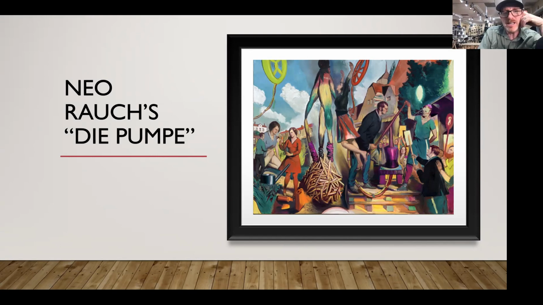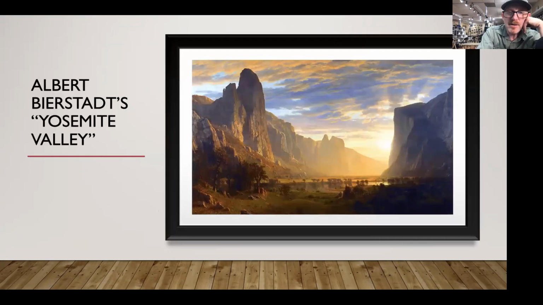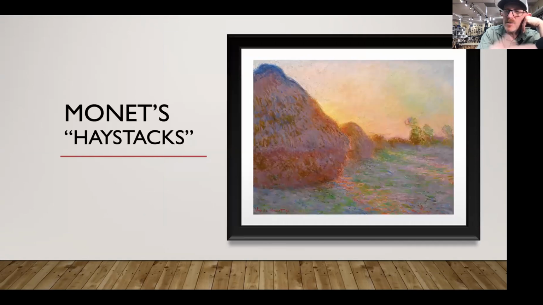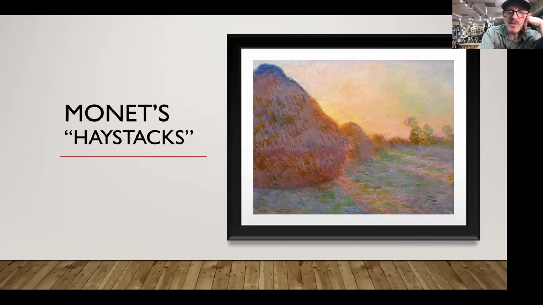So historically we see these artists changing their relationship. How different is this image, of course, and its treatment of color, of space, of the continuity from an artist like Masaccio? How different is an artist like Bierstadt from Monet? Even though they are so similar, there's such a kinship between those two, just the different sensibilities. So I ask you, now that we're at the end of our